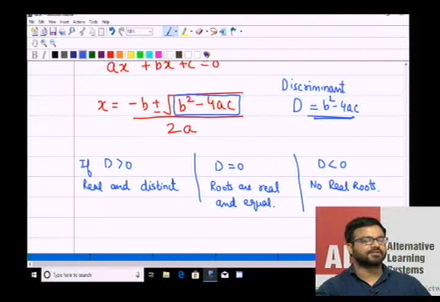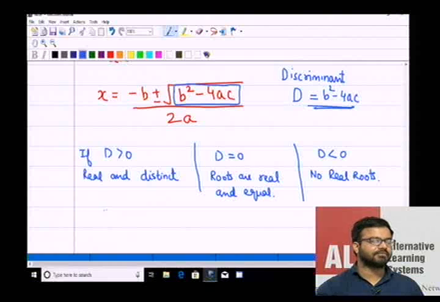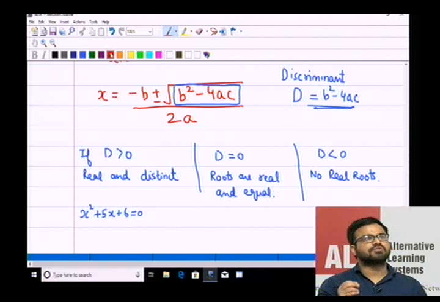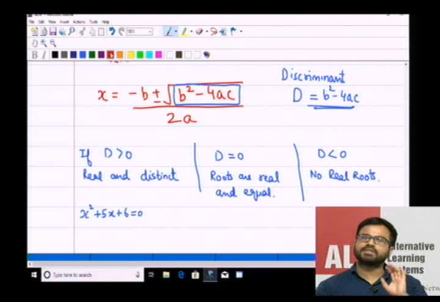Distinct means different. So let me tell you one example so that it will be clear to you. Suppose we have the equation x square plus 5x plus 6 equal to 0. This is your equation. Now if I ask you, one way is to solve the equation and by finding the roots you can say,